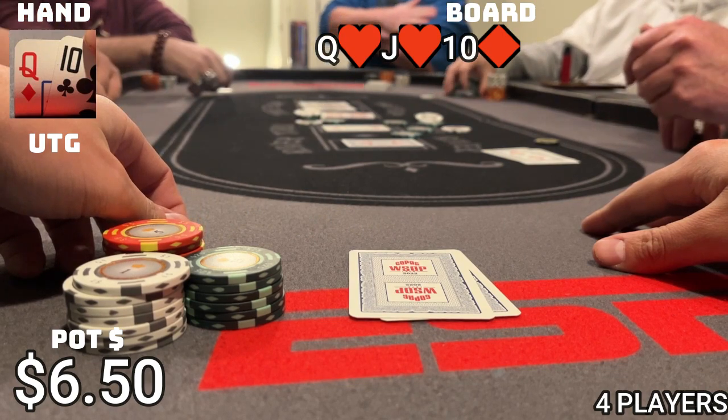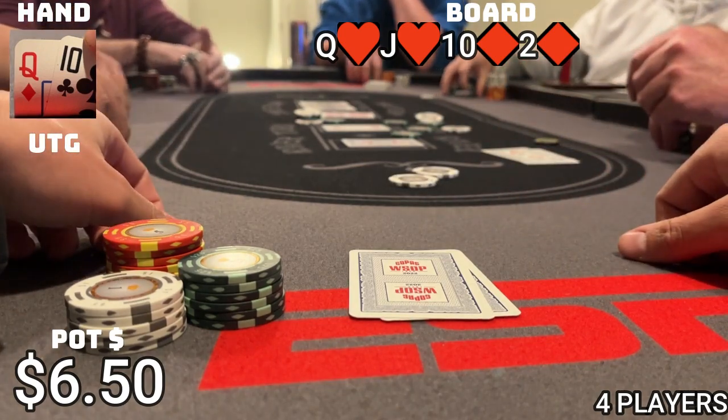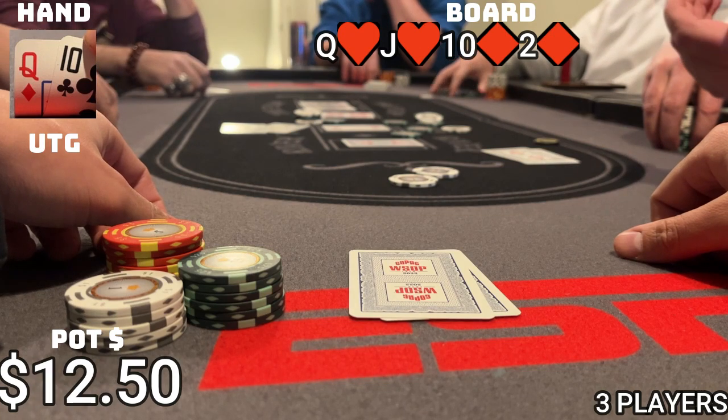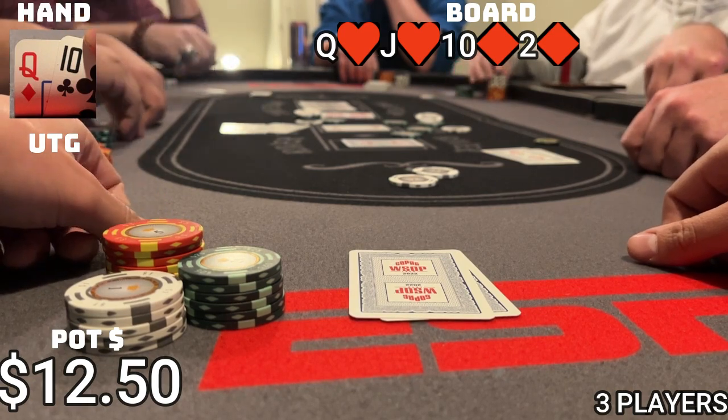Turn comes, the 2 of diamonds. There's now a flush out there with diamonds and hearts, and small blind checks again. We lead out for $2. We get 1 fold and 2 callers, $12.50 in the pot, 3 ways to the river, and the river runs